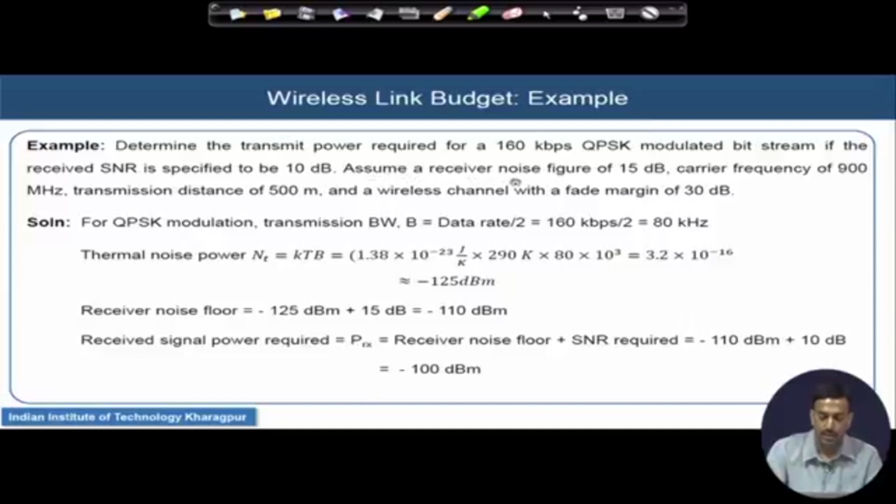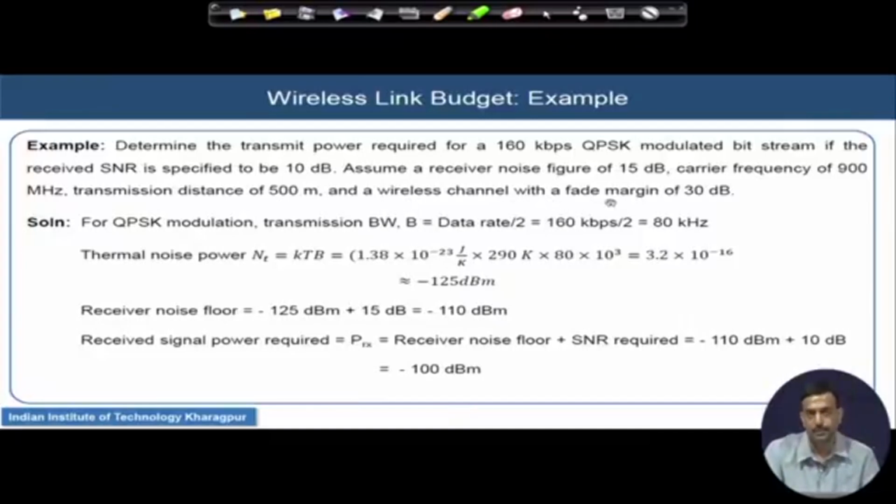The noise figure at the receiver is specified to be 15 dB, and the carrier frequency is assumed to be 900 megahertz. We have a transmission distance of about 500 meters and a wireless channel which now has